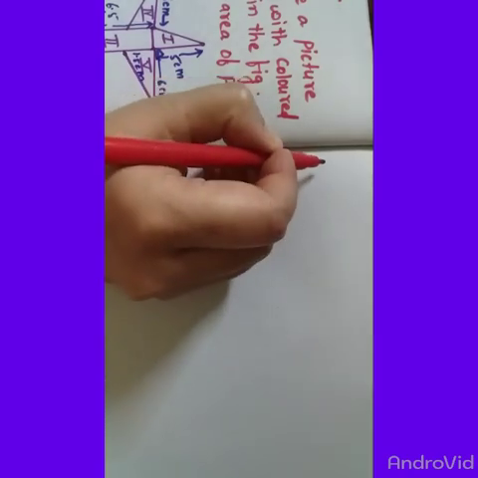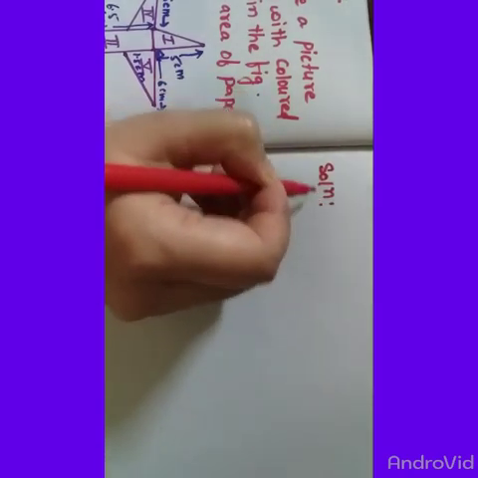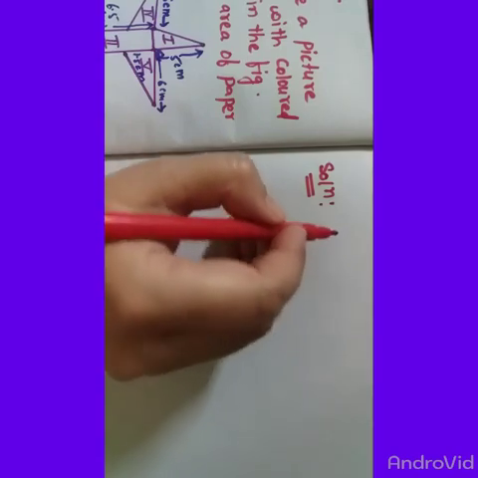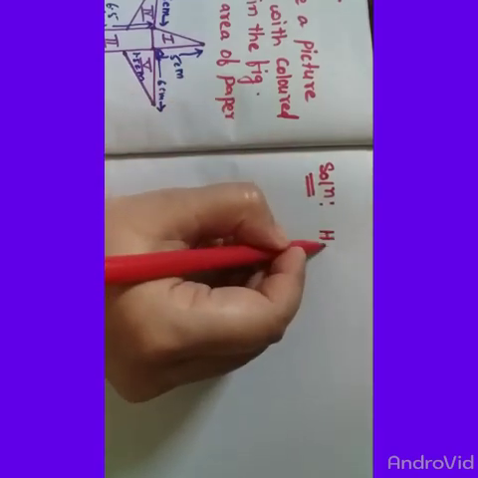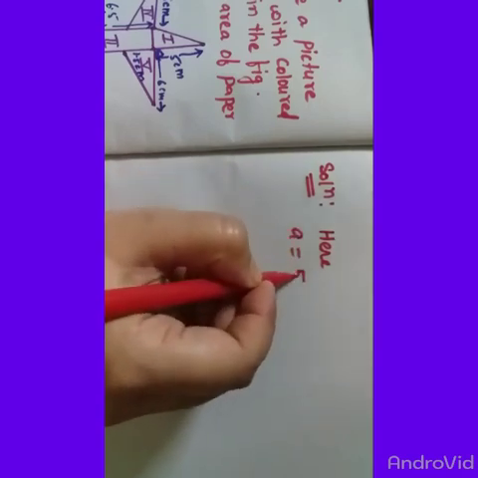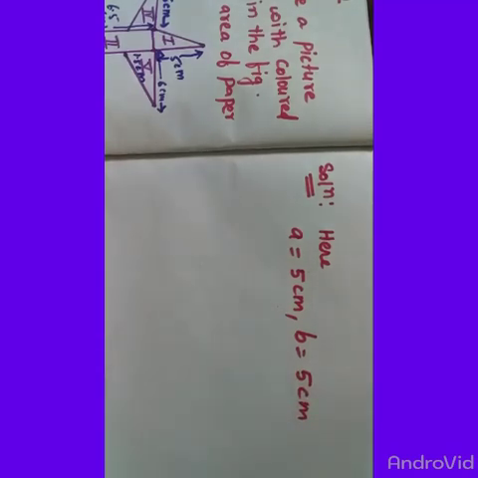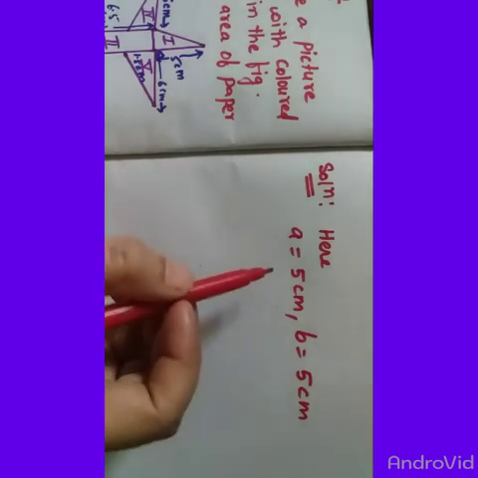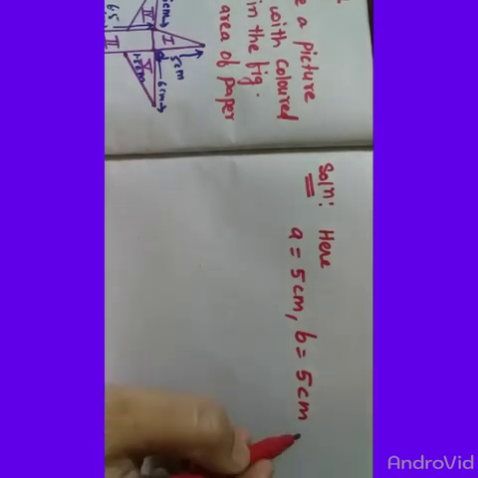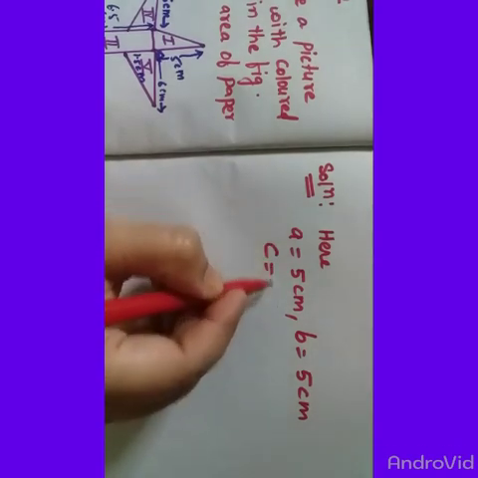So first let us take the first shape. Here we observe that the first shape is in the shape of an isosceles triangle. So for the solution part, for the first shape we have A is equals to 5 centimeter, B is equals to 5 centimeter, as it is in the shape of an isosceles triangle, the first portion of the aeroplane. So A is equals to 5, B is equals to 5 and C is equals to 1 centimeter.